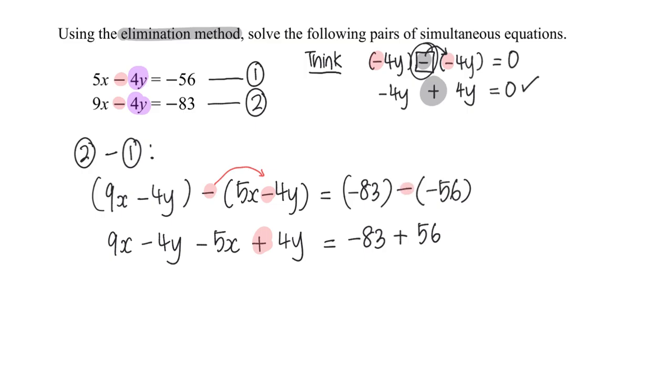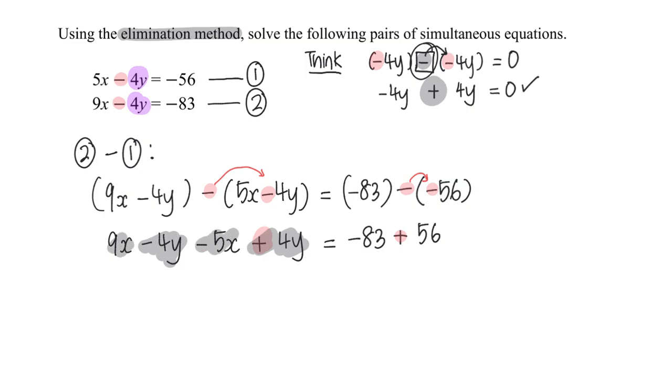So again, here I have negative, minus away the negative is the same as positive, or adding the number itself. And negative 4y plus 4y, we have successfully established that this is 4y minus 4y, 0. So I'm left with